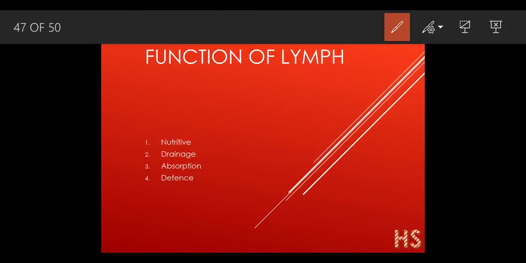What are the functions of the lymph? It supplies the nutrition and oxygen to those parts of the body where the blood does not reach. Example, ears, okay, as the ears are very small organs, they have small bones inside them and due to their very small nature the blood does not get transported out there, so the lymph function comes into act out here, nutrition and oxygen.